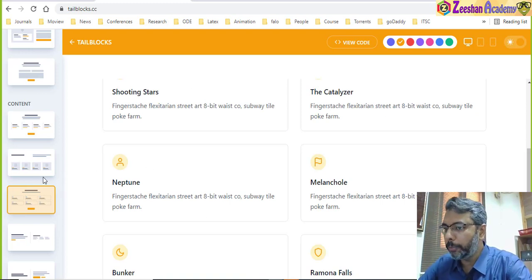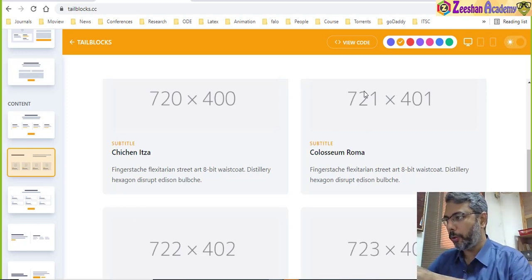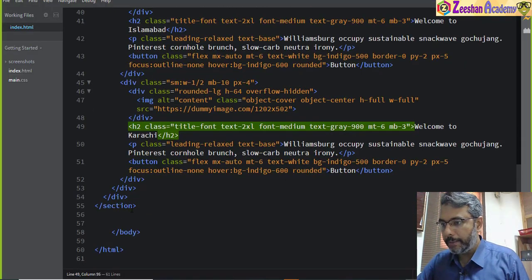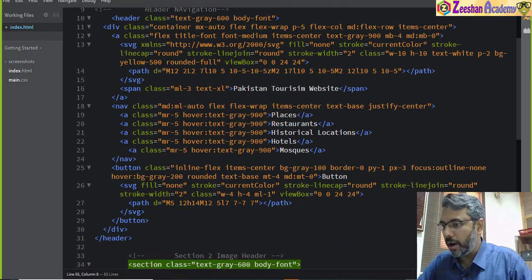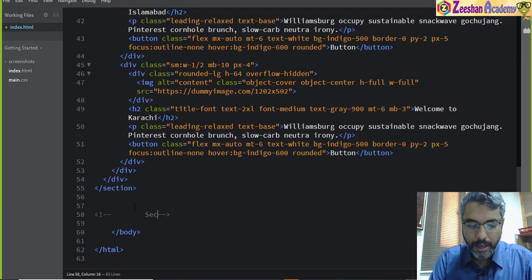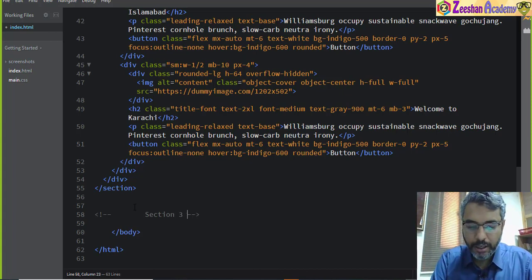So see, all these components are there, but because we are building a tourism website, I said, okay, these images would look more prominent. So I click on this, I copy the code. Let me come back here. After this section, just remember where your section is ending. So after each section, you just paste the code. That's the main trick. So I gave a comment and I said this becomes my section 3, remembering that first was my header. Section 3,